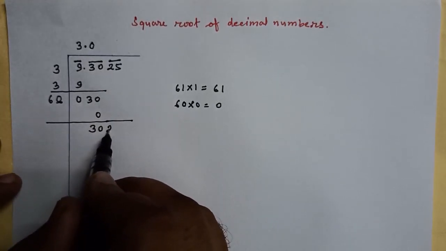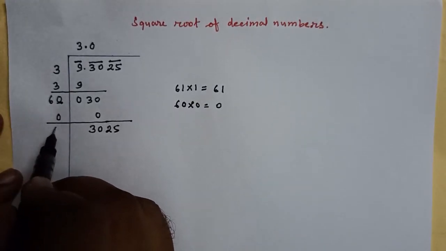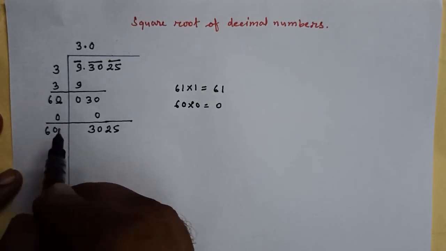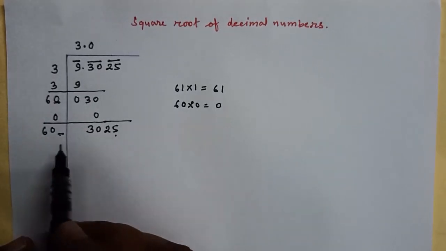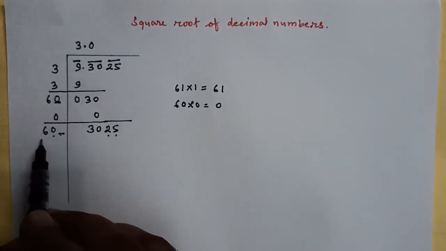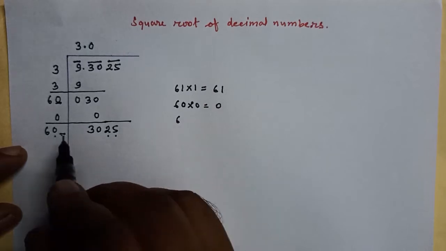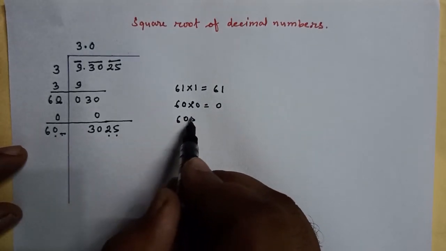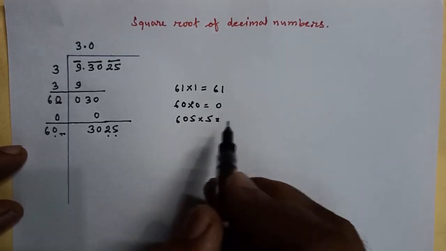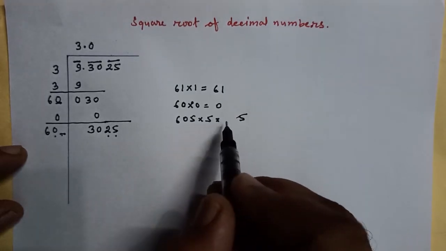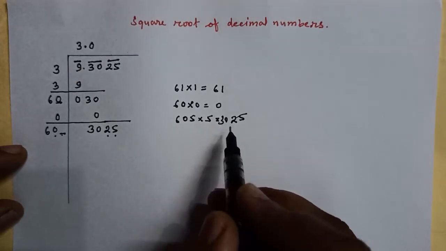Next bar 25. Last digit 0, add 0 plus 0, 0, so 6 0 becomes 60. This digit cancels to 5, so 605, and the number is 3025. Suppose the number is 5. Then 605 multiplied by 5: 5 5s are 25, carry 2, 6 0s are 0 plus 2 is 2, and 5 6s are 30.